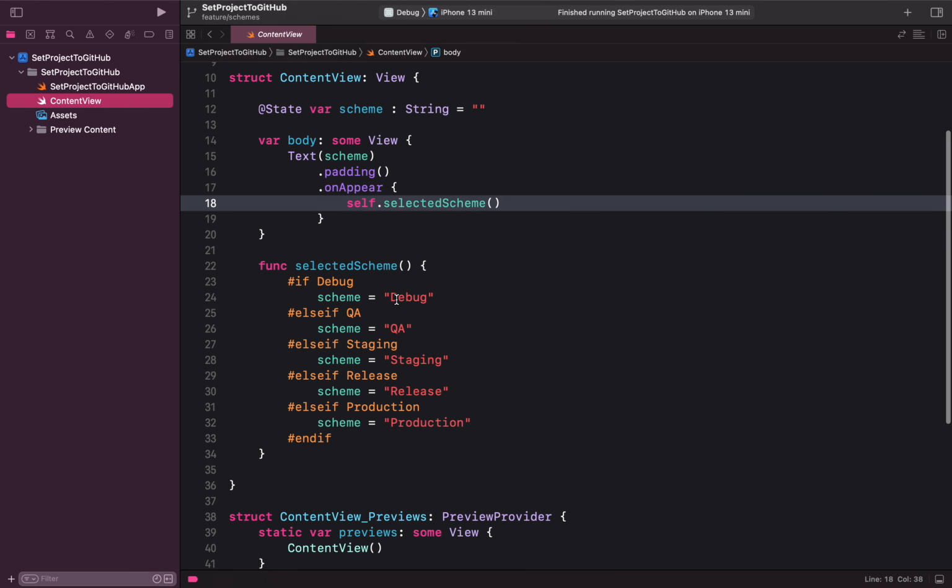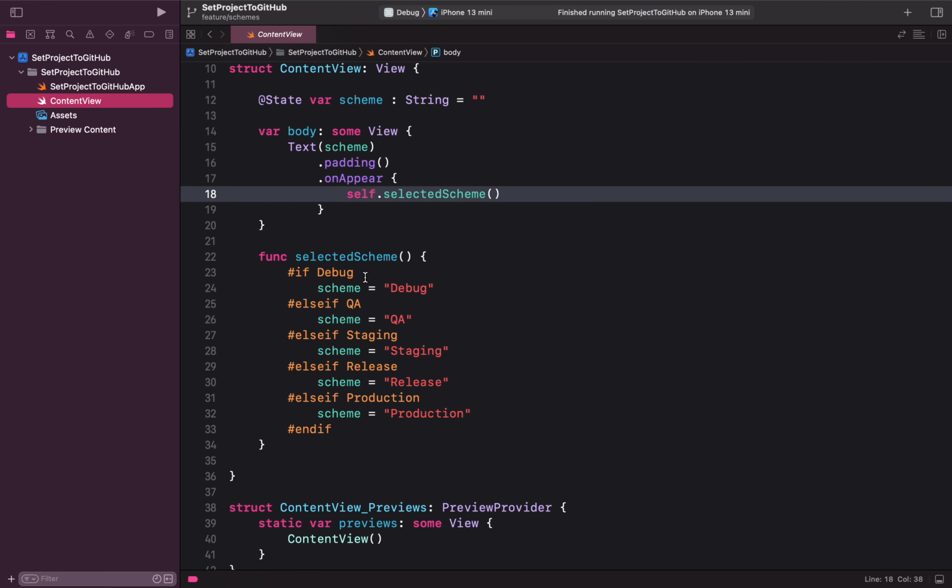In the content view we wrote a function where, if we are in the debug scheme, we printed the scheme value as debug, and so on. Similarly, if we have a requirement to route the URL depending on the scheme, we can do that like this.